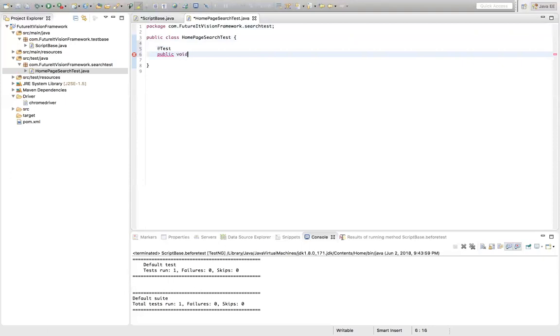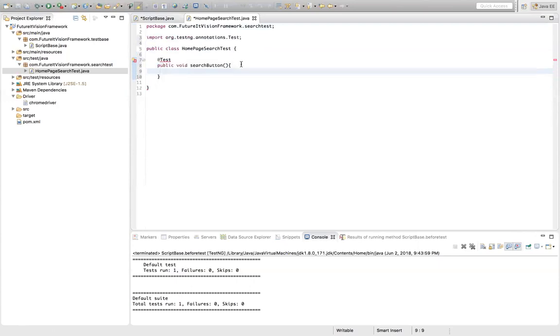Public void. What kind of test is this? Public void, I give searchButton. Search button: is the search button visible or not? So now I import it. Now I have a search button, verify search button. It's better to name it verifySearchButton. So now I have a test case here, but